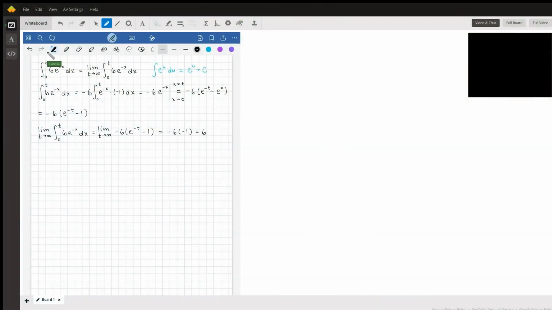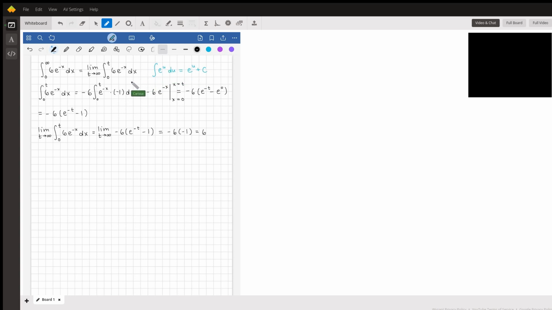We can start setting up the improper integral like this. And then we can write it in limit form like that. To evaluate the integral, we're going to use this rule for exponential functions that I wrote in blue. To make it fit the pattern,